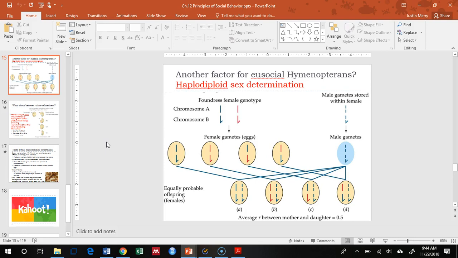Each of those, though, would mate with one kind of gamete that any one male could make. Right? Males can only make one kind of gamete because they're a haploid genotype anyway. All they have to give is one of each kind of chromosome, so they can only make one kind of sperm. But if you put them all together, you do still get a variety of daughters because they're getting a variety of chromosomes from their mother. So these are all not the same genotypes. We're getting a variety of daughter genotypes.